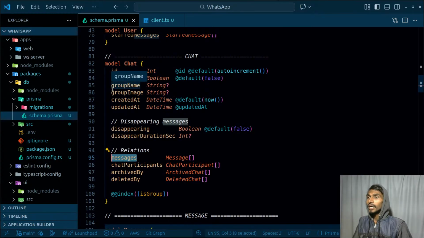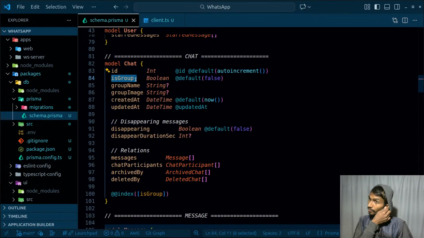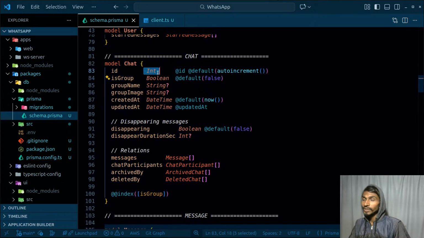Ultimately, if it does not have it, if isGroup is false, that simply means it is not a group. If isGroup is true, that means it is a group. So this particular message will be sent to this particular chat's group, otherwise to that particular user. So the ID can be